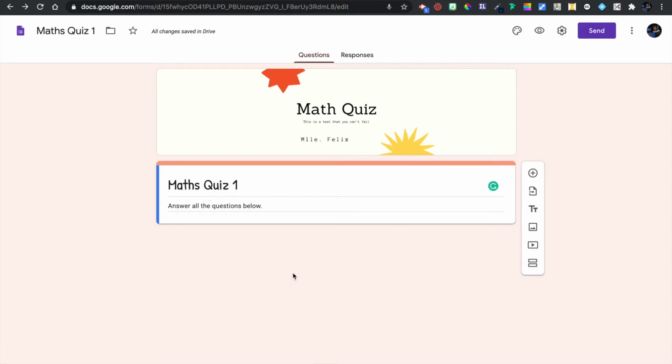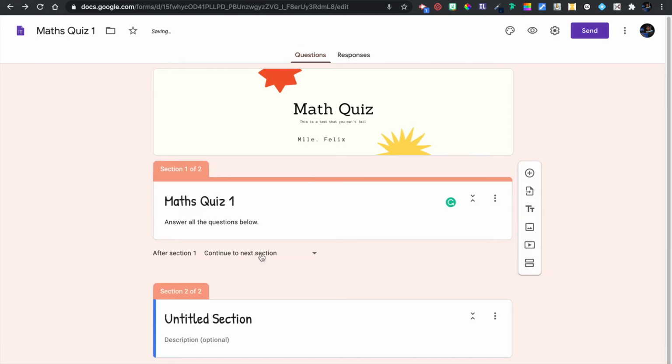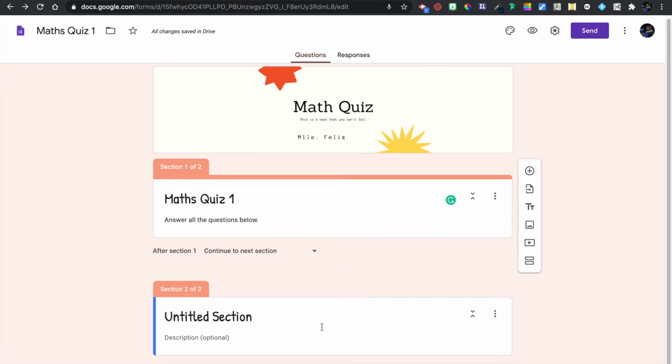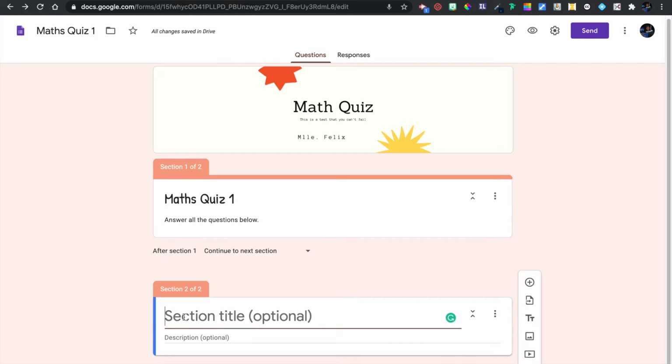We're done with setting up our initial template. If you want to learn how I set this up, you can check out the video that is suggested up above. You see I have Math Quiz 1 and I have "answer all the questions below." Now I'm going to insert a section because I want to section it off. Once they see this, that's fine. Let's move on to the next section. I just want this to be for question